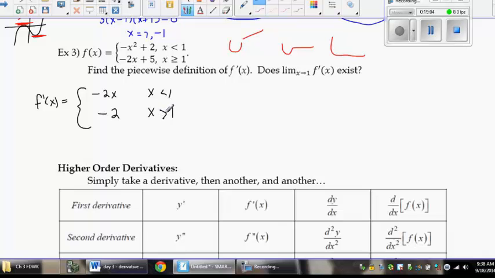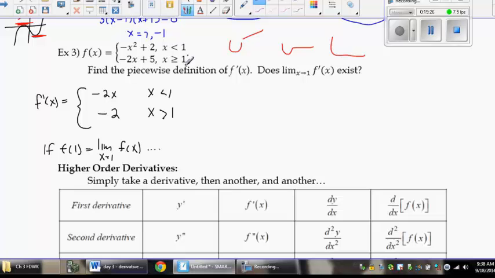Then you need to check whether both of these conditions are true. If f of 1 equals the limit as x approaches 1 of f, then that means f is continuous, you're good to go. So if we want to test this,